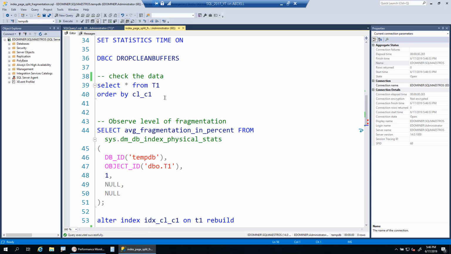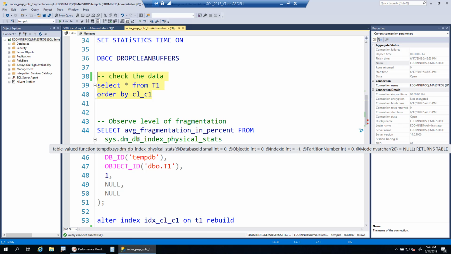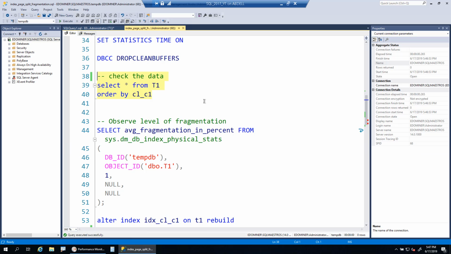and so we've freed them, and now I want to get the data in ordered fashion. Now this is interesting, because now I'm telling SQL Server to give me the data in an ordered fashion, and I also say order by that specific column C1, so it has to go and fetch the data in an ordered fashion. And because the fragmentation is already 99%, the data is scattered on the disk, this might take time. But here is the catch. The catch is, does it really take more than 10 seconds, less than 10 seconds, or more or less the